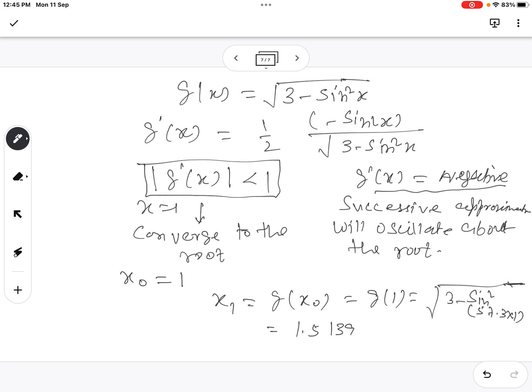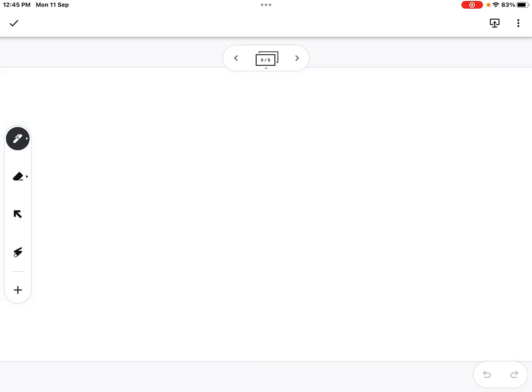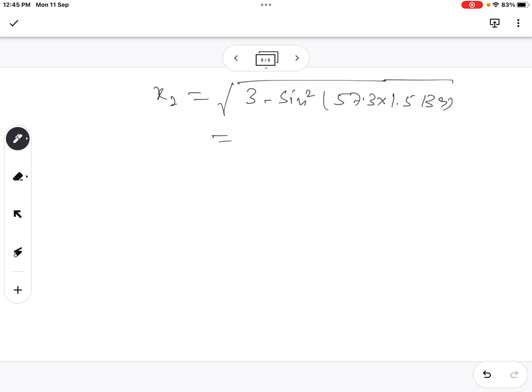This is what we will get, and from this I can find the second approximation, which is the square root of 3 minus sine square of 57.3 into 1.5139, and this comes out to be 1.4153. x3 will come out to be 1.4226. x4 will come out to be 1.4218, and so we see here